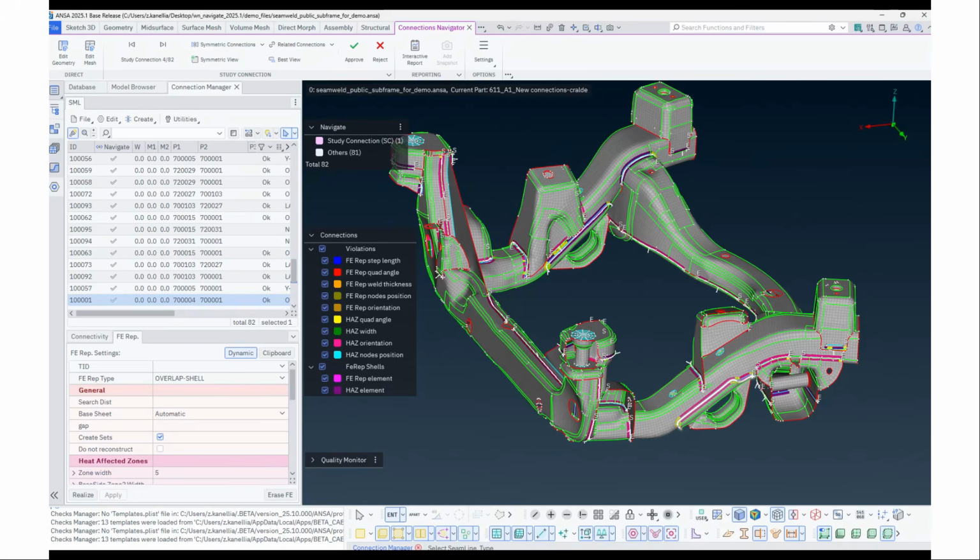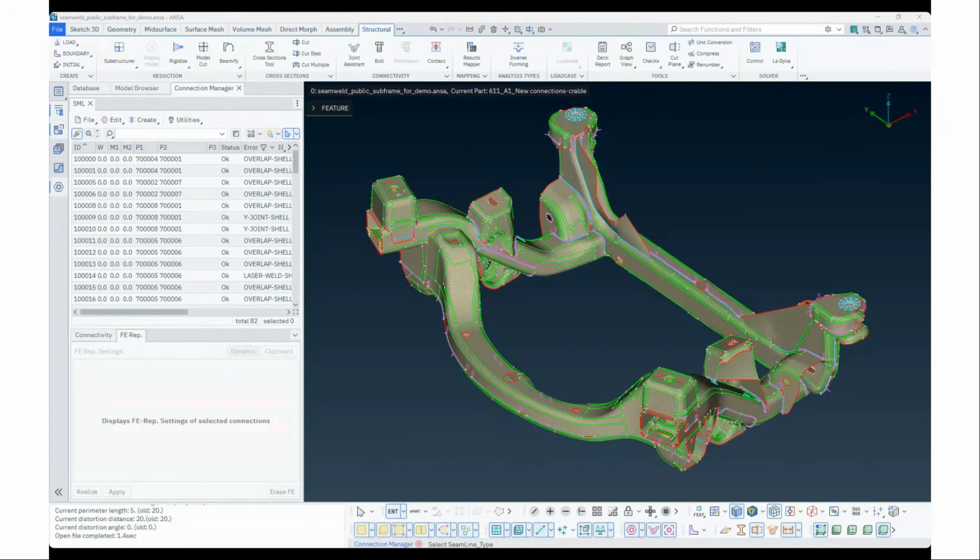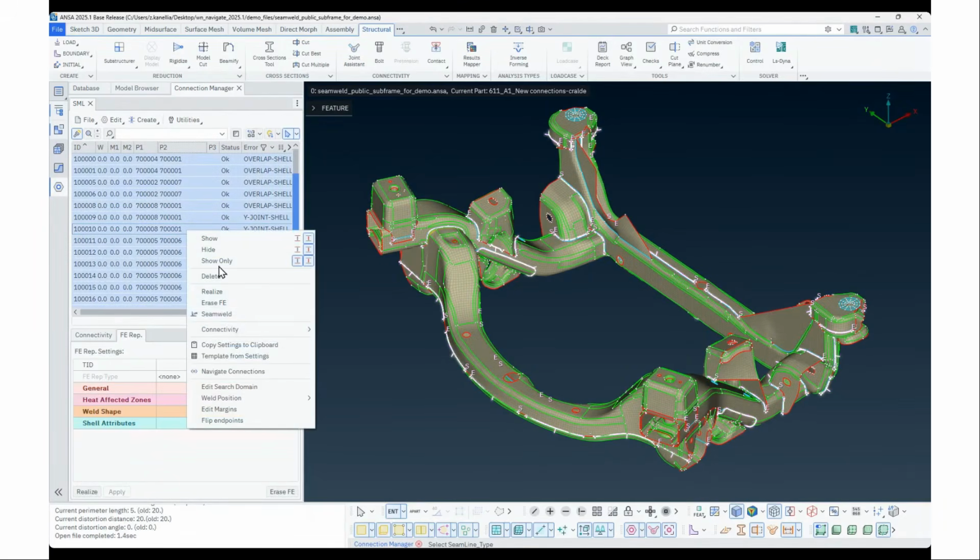Finally, let's take a look at welds and connection navigation. Enhanced navigation capabilities now allow for the efficient checking, validation, and correction of welds and other structural connections. Users can navigate through connections individually, leverage both existing and newly developed validation routines, and automatically detect inconsistencies or missing welds. In the previous version, we had seen a different version of this function where we navigated welds through parts and connectivity groups. Now I'm going to navigate per connection instead.